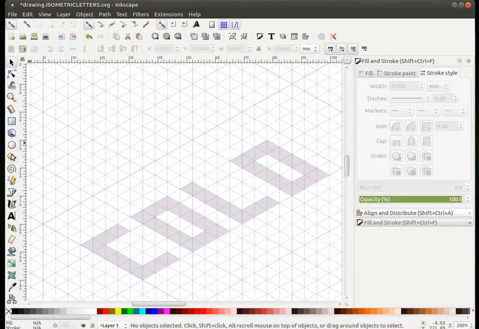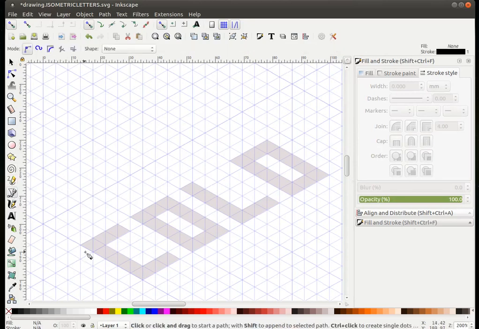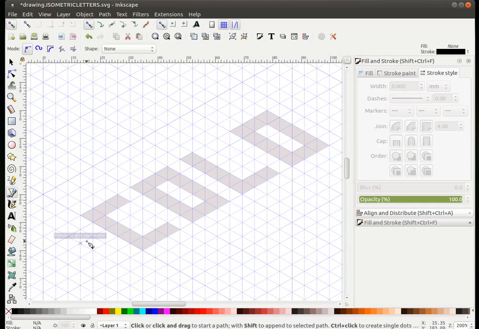So the next thing we're going to do, we're going to select our Bezier pen. You can click on it, but you can simply press B on the keyboard, and we're going to snap it at this corner here, bring it down to that point, then let's bring it to that point here, and we'll snap it there and bring it back here, and finally take it back to the starting point.